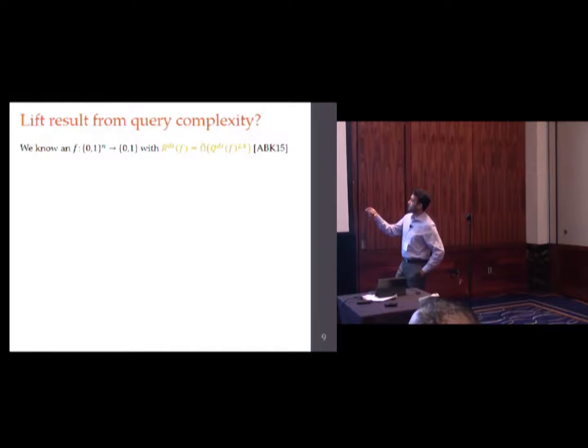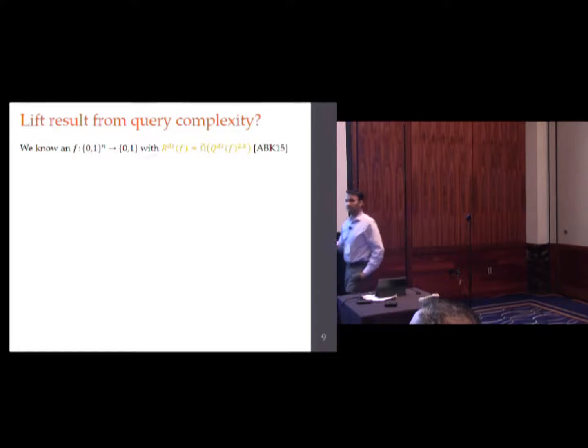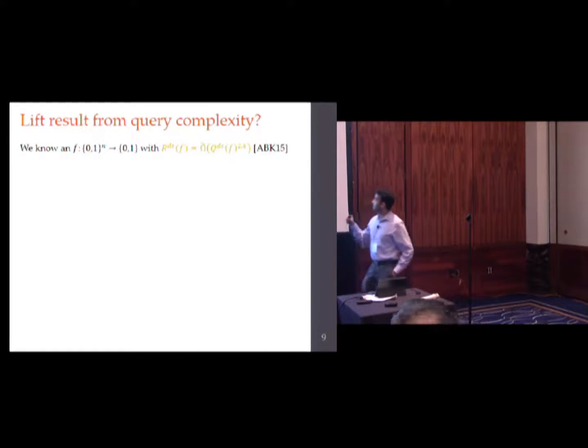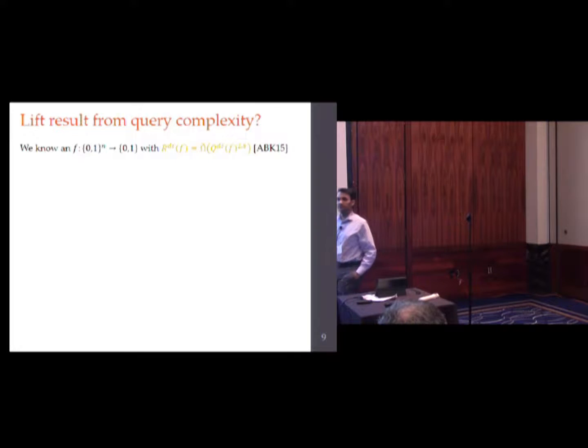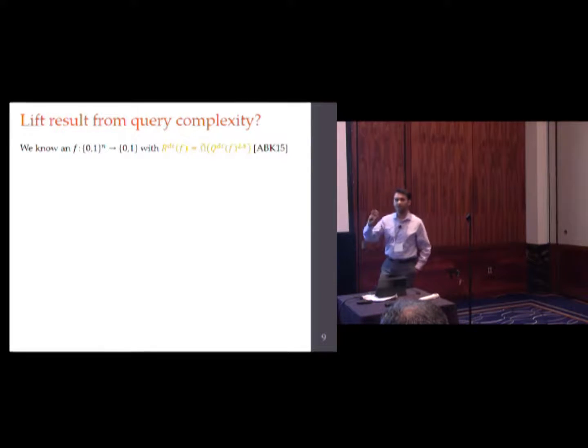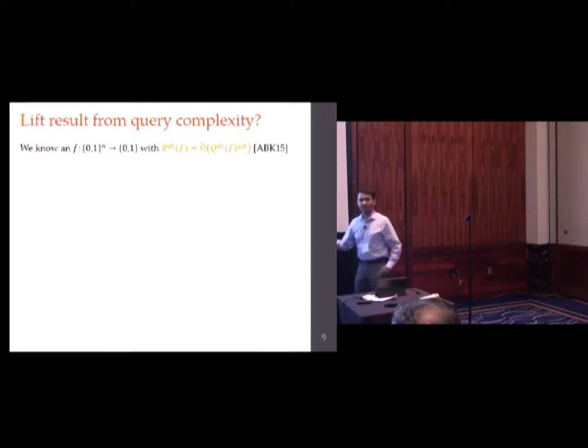And so you start with this function, and just for notation, I'm going to use the superscript DT to denote decision tree. So whenever a complexity measure has DT on it, it's a query complexity measure, not a communication complexity measure. The communication measures don't have any superscripts because this is the communication complexity session, so that's more fundamental.